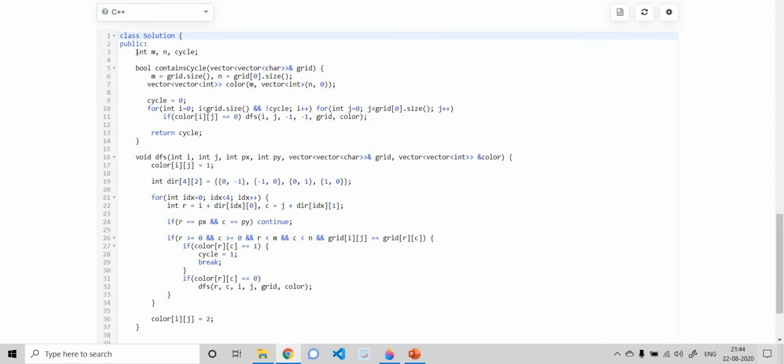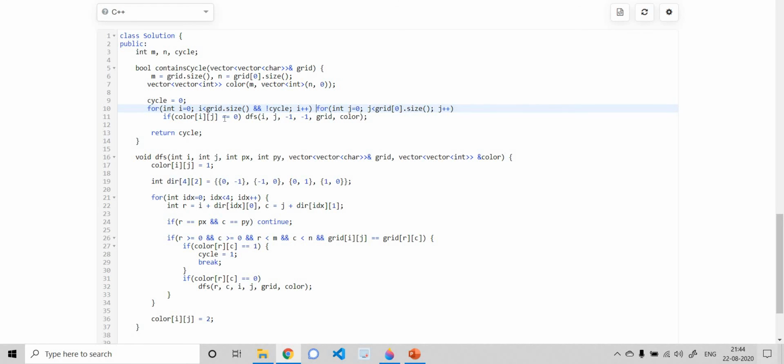Yeah, I have maintained a global variable, that is cycle, and I have initialized cycle equal to 0. It means till this point I have not discovered any cycle, and if I discover any cycle in my grid, I set it to 1, and at the end I'm returning cycle, because I just need to return true or false. And now here I'm traversing each cell of my grid.